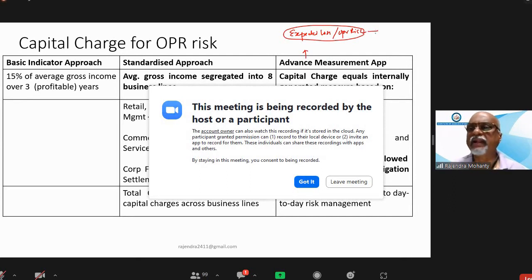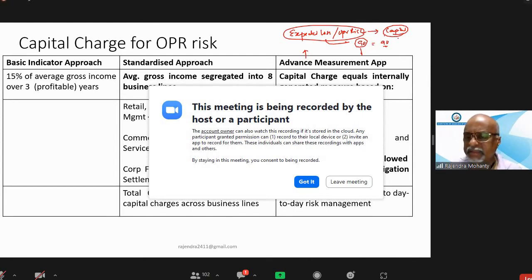And if you can find that, then that much of capital will be the amount of capital to be maintained by the bank to cover that loss. So suppose we expected that 90 rupees will be our loss. So basically 90 rupees is the amount of capital we have to hold. So this is the process where the calculation of expected loss is made,